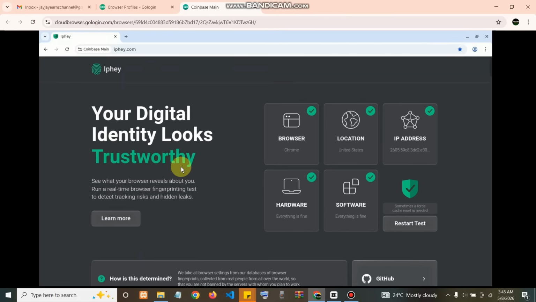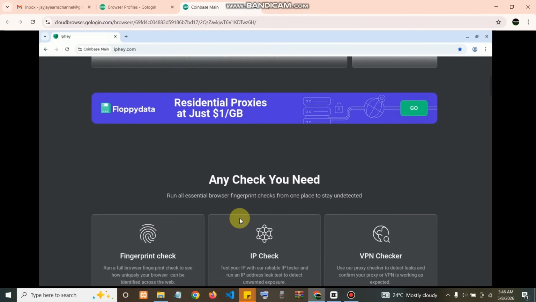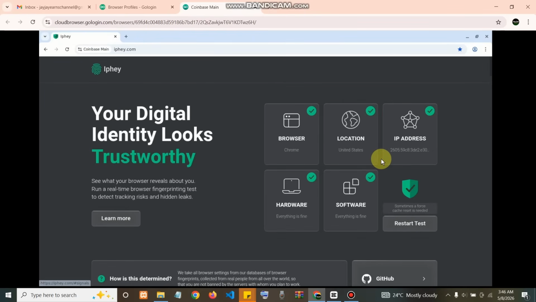You are checking a few things. Is the fingerprint consistent? Nothing should look like a mismatch between your browser data and your IP. Are there obvious red warnings or suspicious flags? Does the IP match the country you selected in GoLogin? If everything looks clean, you are good. If you see red flags, regenerate the profile's fingerprint settings in GoLogin or swap to a different proxy and run